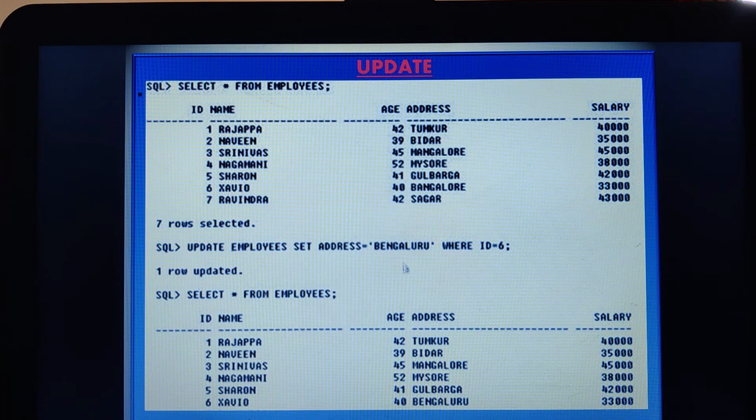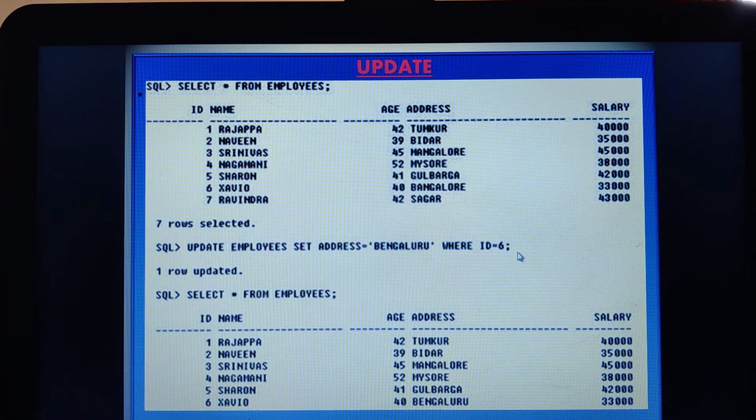We have this particular table. Look at this query here. Now update employee set address is equal to Bengaluru where ID is equal to 6. But what is the ID 6? That is Xavier, having the address as Bangalore. We want to make changes to the existing table records. I want to make changes to the existing record, then I have to use the update command. Therein mention what changes you need and do mention the where condition. What if I had not mentioned the where condition? That means the complete address column for all of the employees would turn into Bengaluru.